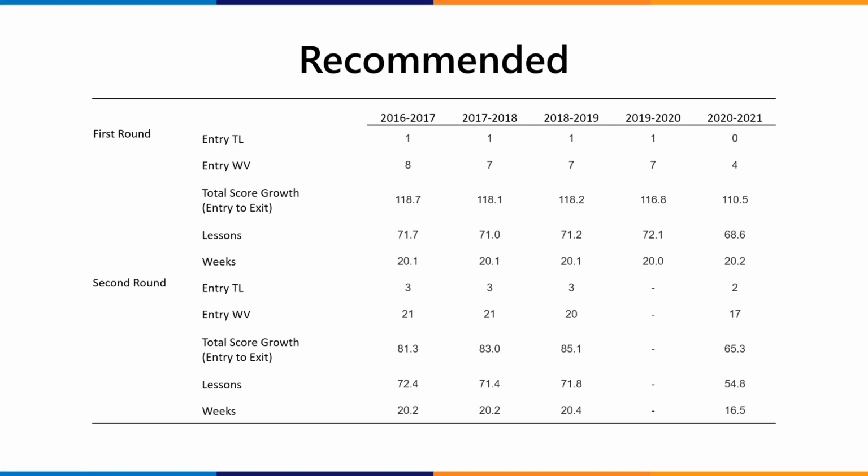For our recommended students, same layout to the chart, everybody, so I'll skip the description of the layout. Once again, we see that this year, our recommended kids came in lower. So instead of having an average around 1, kids came in at an average of about a 0, with about a 4 on the writing vocabulary. And this year, recommended kids in Reading Recovery made less growth, but this is not a bad thing.